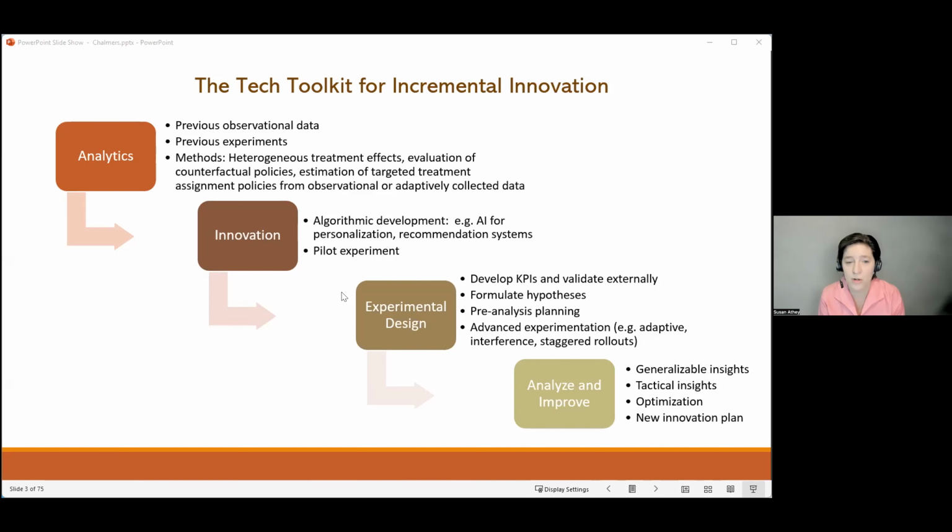There's really more of a cycle that you go through, where you start out with some kind of observational data about outcomes, data from previous experiments, and you use that data to figure out what's going on. There you might use methods, including types of methods I've developed in our lab, things like heterogeneous treatment effects. Who does the treatment work for? Evaluating counterfactual policies. What if we did something different in the future? What if we only gave the treatment to some people and not others? And what do we do with data if it was adaptively collected? What if bandits or other types of adaptive algorithms, which looked at the data and then changed what they were doing, were used in the past?